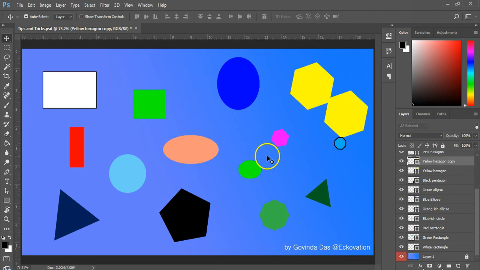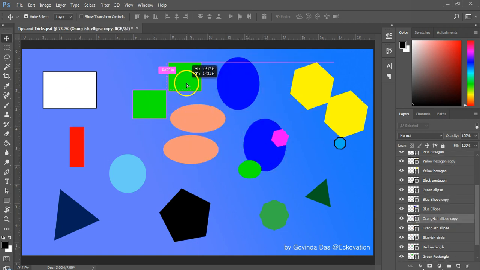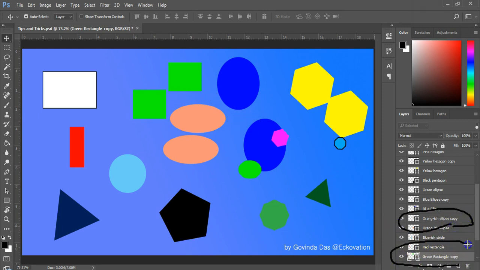Another way to quickly duplicate a layer is to hold Alt and click and drag a layer. In the 2017 version of Photoshop, I don't need to select the layer and can directly drag a layer while holding Alt. So people with other versions of Photoshop, take care to select the desired layer or some random layer will get duplicated.